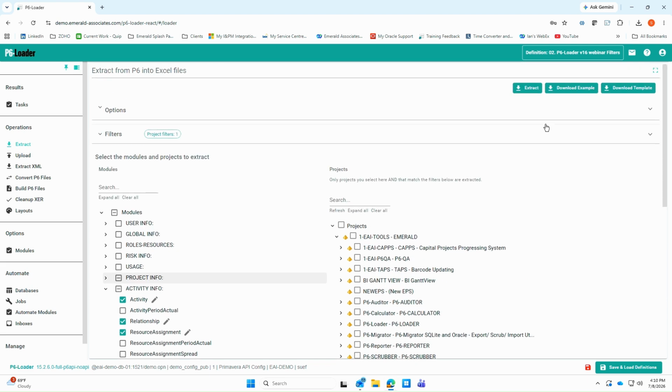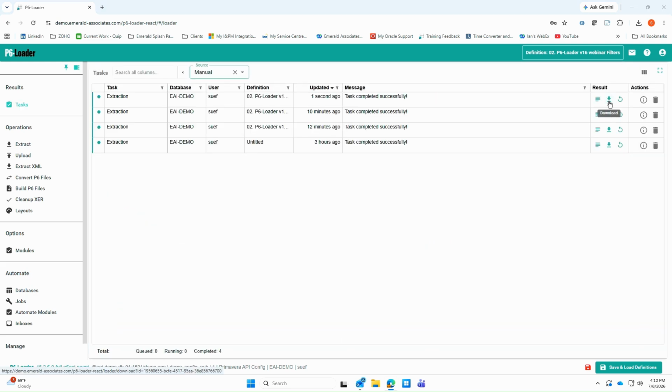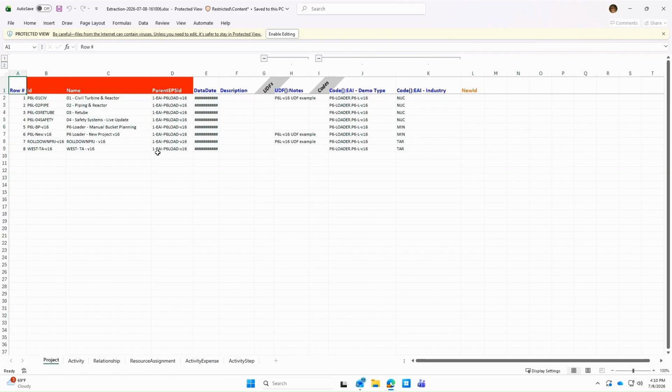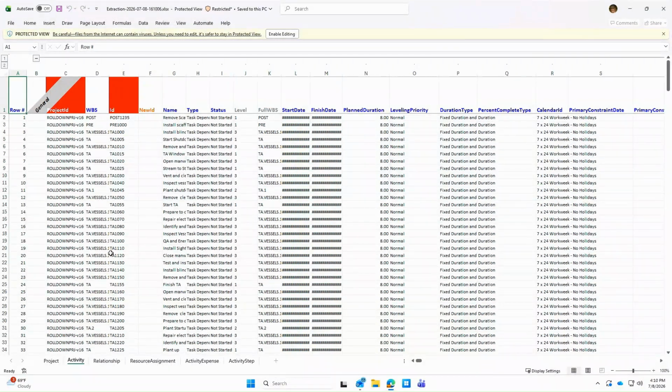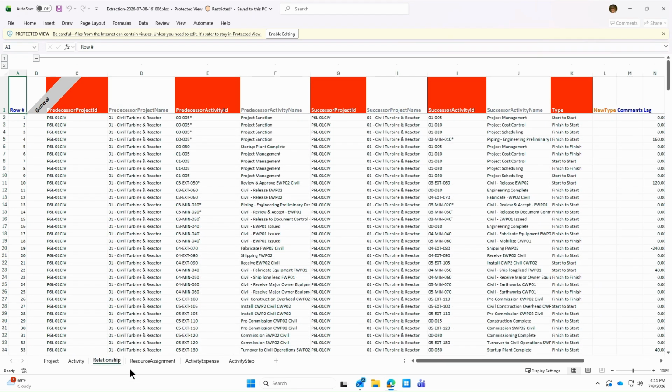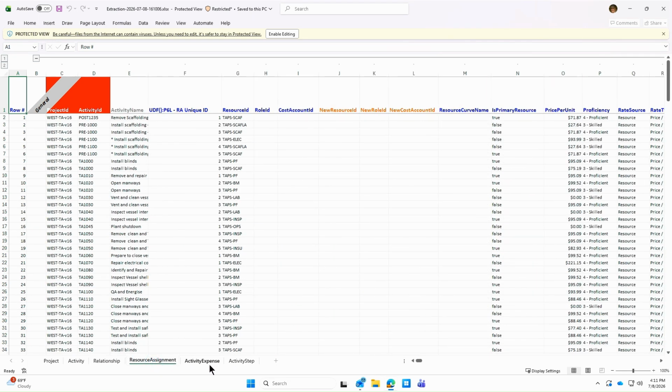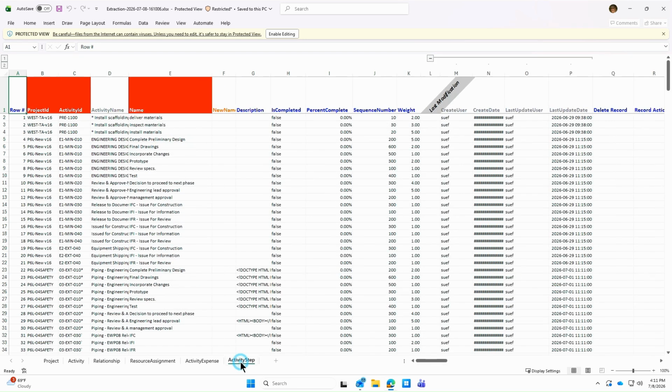So I can go and submit this extraction, and when it's completed, download it, and I can see that only the projects that have that demo type matching that version 16, as well as any of the activities that are in those projects. So I have my activities, my relationships, my resource assignments, my activity expenses, and my activity steps. So with this new feature, you can go and select what activities you want to bring out